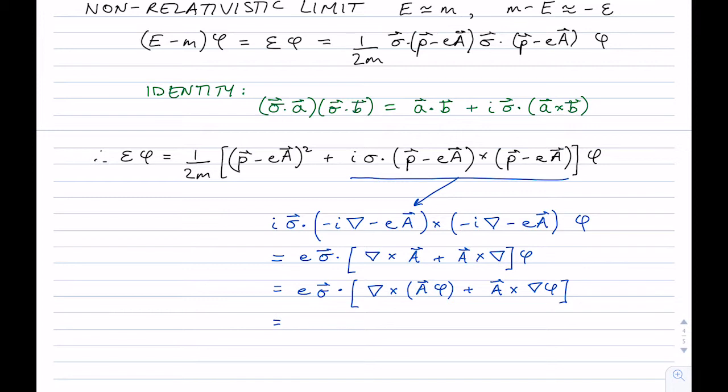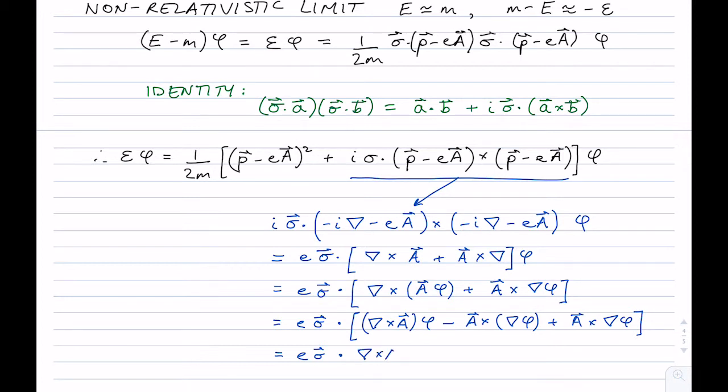And so we can use our usual rules that you can find in the electrodynamics textbooks for doing this expansion. The first one will be grad cross A times phi minus A cross grad phi. And the second term, we can just leave it as it is. And we see that these last two terms cancel out. And so we're just left with E sigma dot